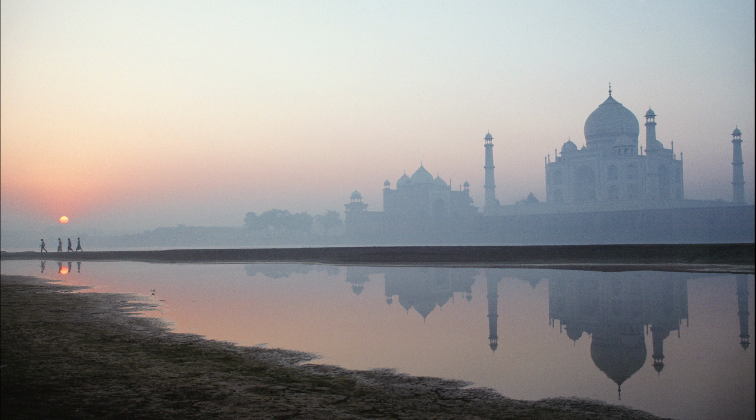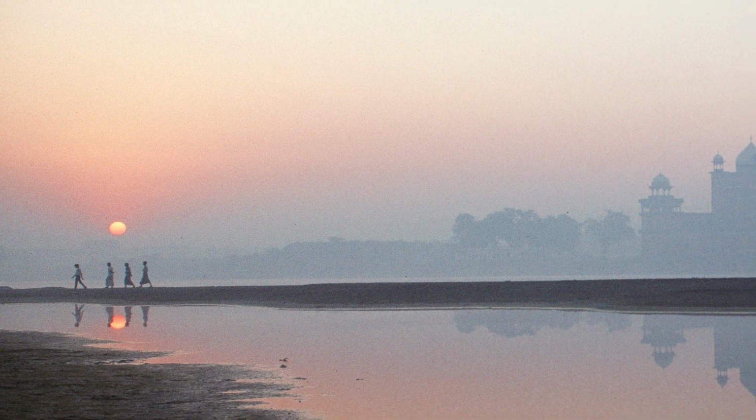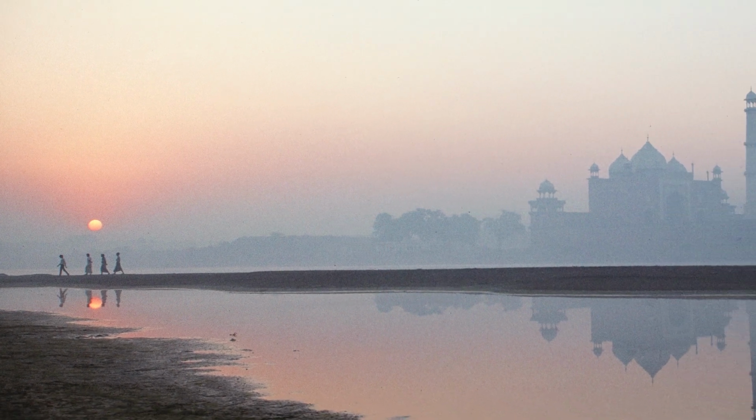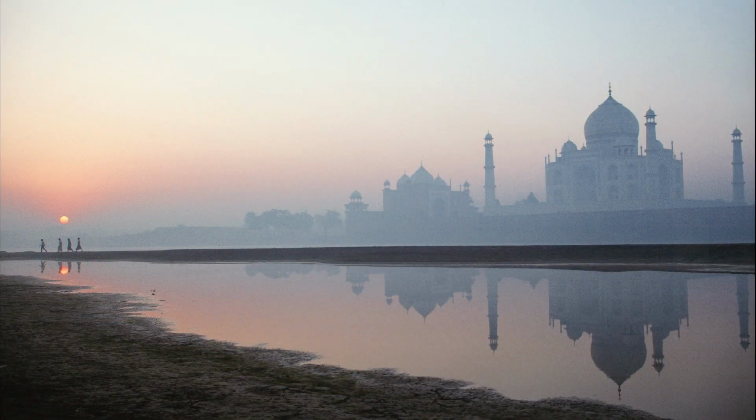Now, the beauty of this shot was the fact that I got really, really lucky with these four guys walking along the riverbank early in the morning. These are things that just happen from time to time, just that little extra element of luck that helps make the picture. I was just planning on a simple stock shot landscape image with the sunrise and the beautiful Taj Mahal reflecting in the water, but then that beautiful chance of these guys walking along the riverbank came by,